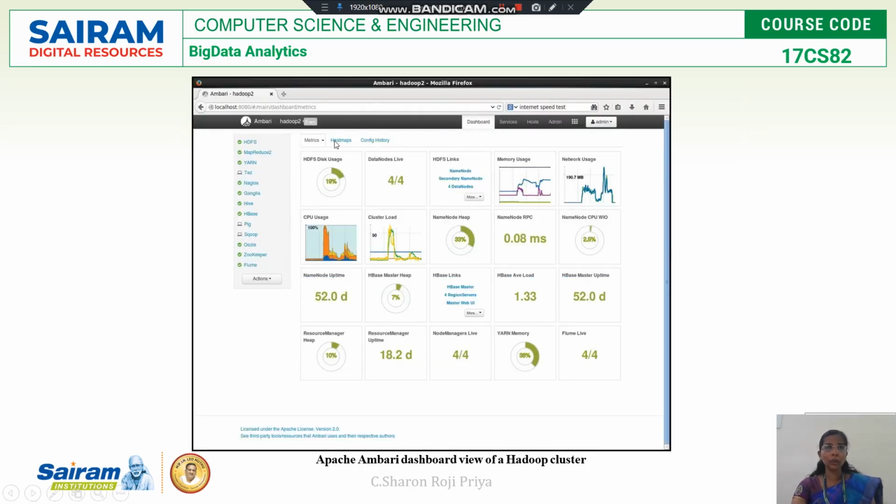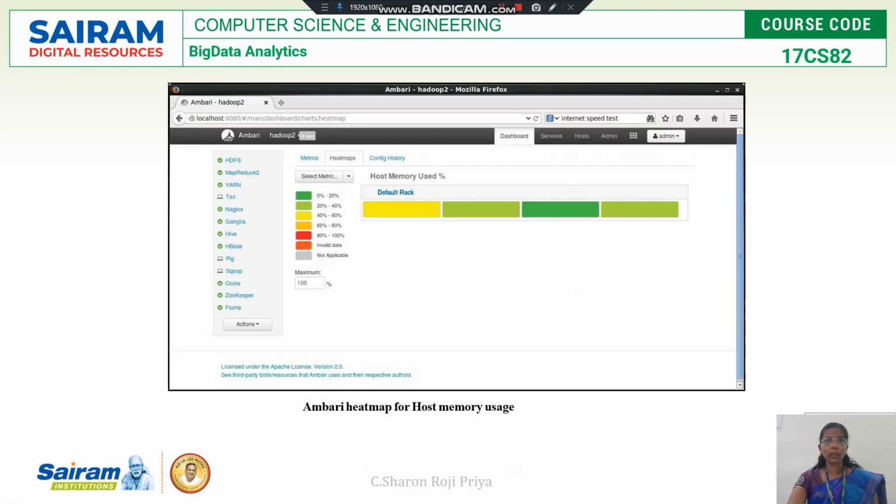Similarly, you have this heat map tab. The heat map tab provides a graphical representation of overall cluster usage using simple color coding. I'll show you. So this is my heat map tab.